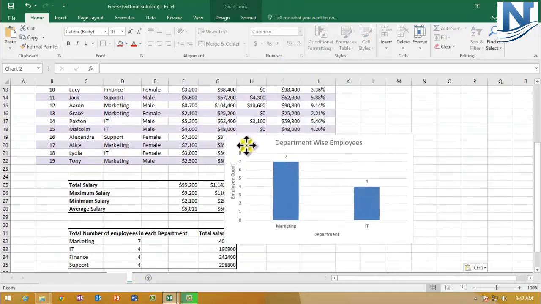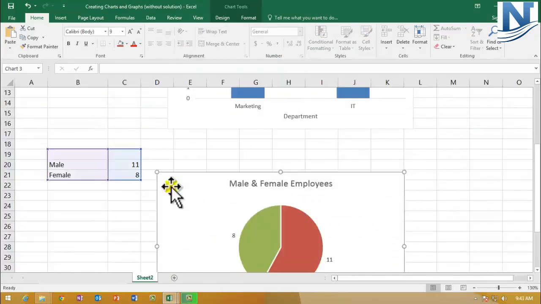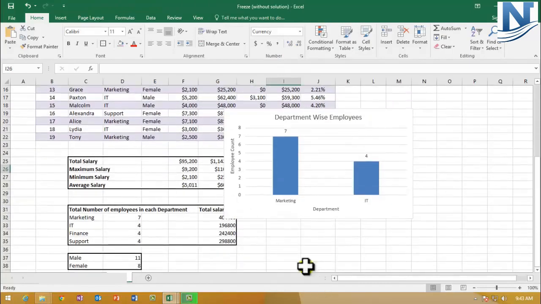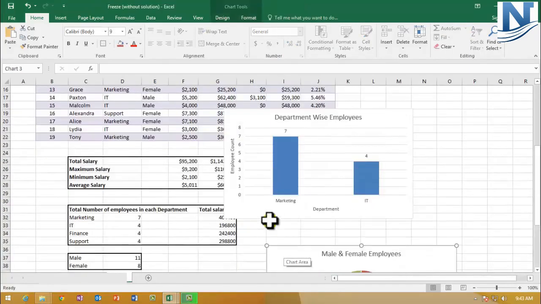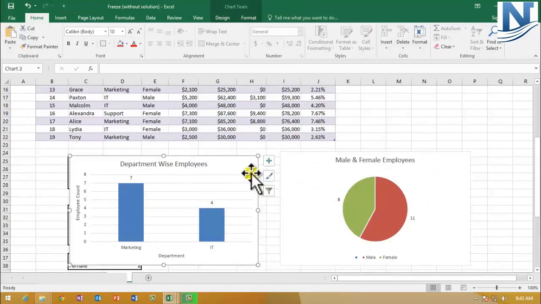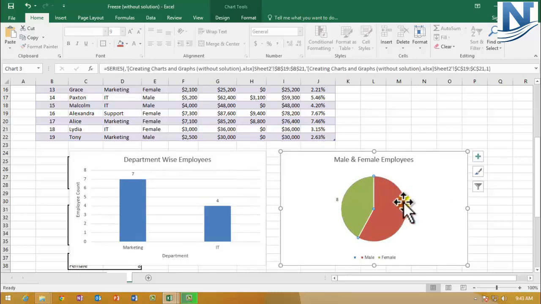So this chart is copied. We have one more chart. I'll just press directly, this is the second way, wherein you make use of Control C, press Alt Tab, go to your sheet and press Control V. Can you see now this chart is also copied properly. You can make the two charts the same size. You can just make it similar. I'll go to the plot area if possible. Yeah, I think this is now looking good.